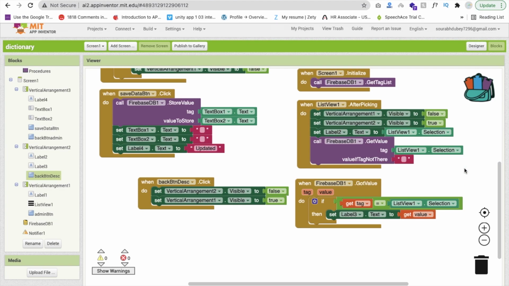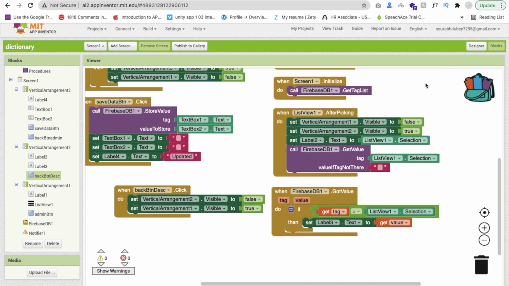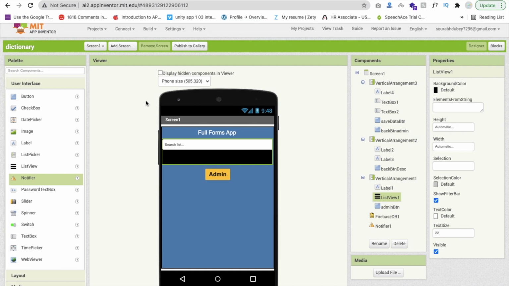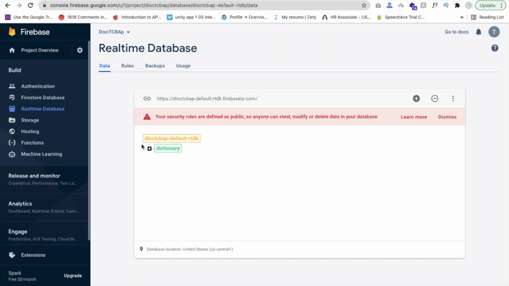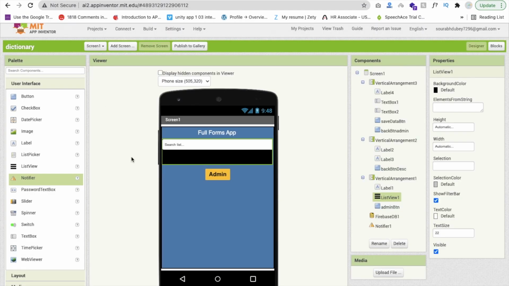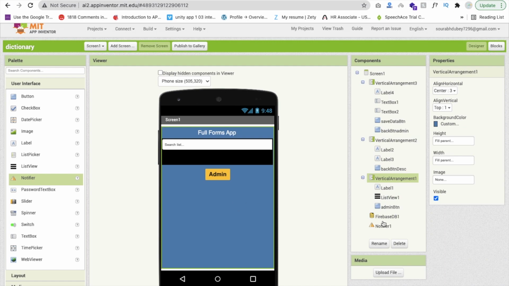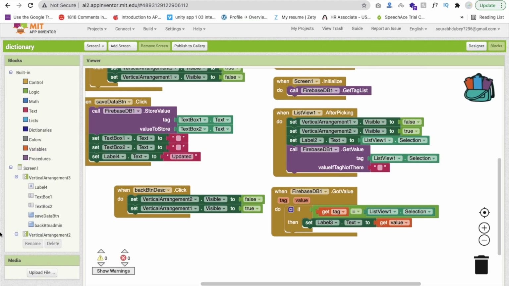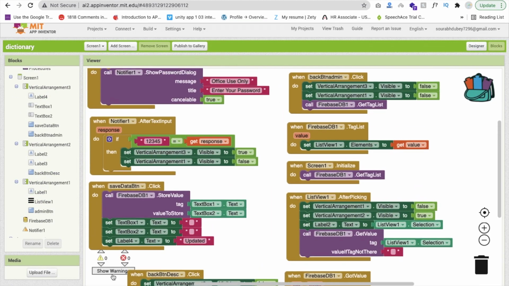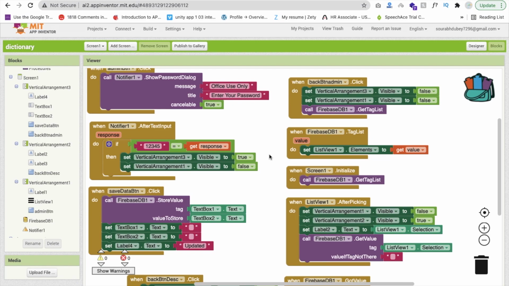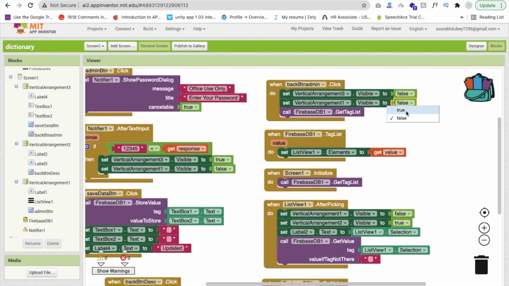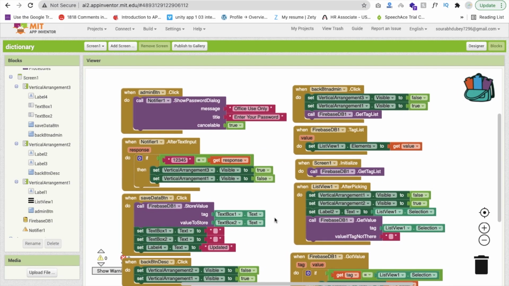So let me just check whether it works or not. I'm saving the value. You can see that it is created. I can see TC take care, right? It's working. Let me check this back. Oh, I think we made one mistake. On the admin back button click, go back here and you will find your admin back button. We have set everything to false, so we have to make this one true. Yes, that's the overall code.